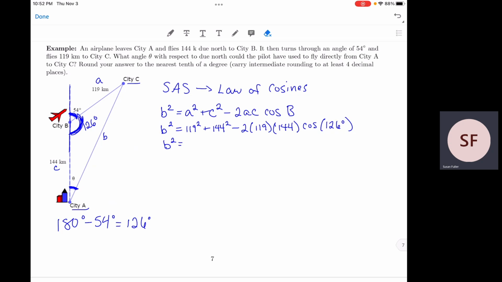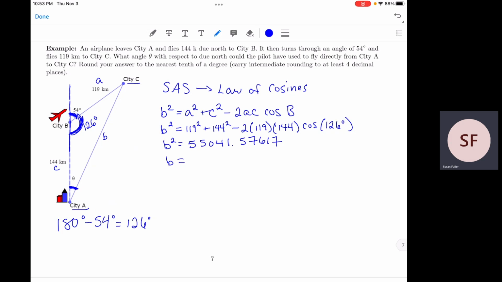Apologies for the delay here. Okay, so when I put this in a calculator, I get, here we go, 55,041.57617. I'm going to take the square root of both sides, and when I do,